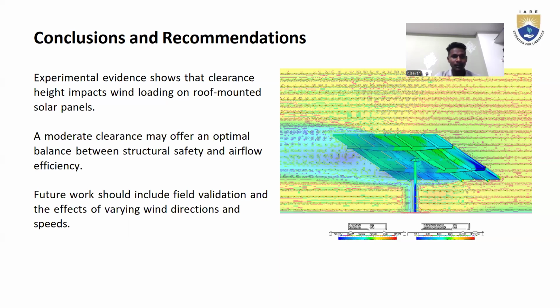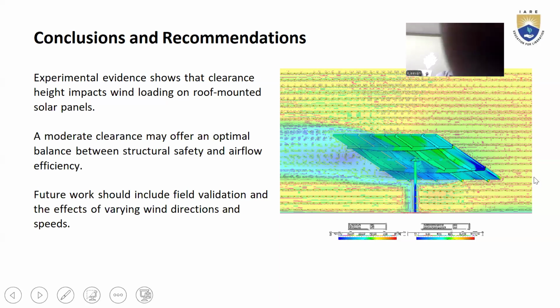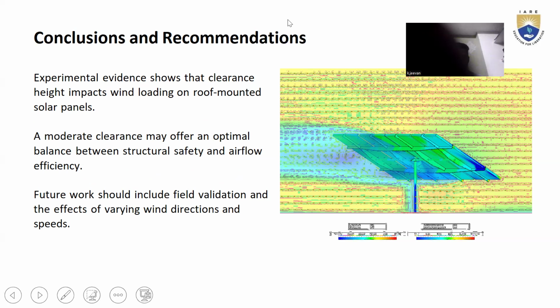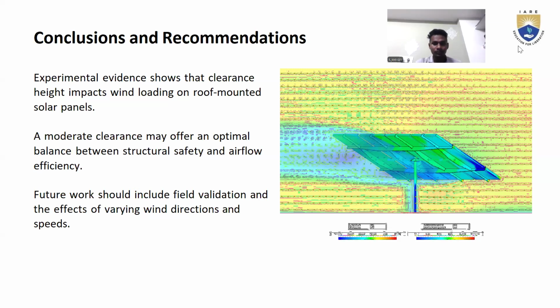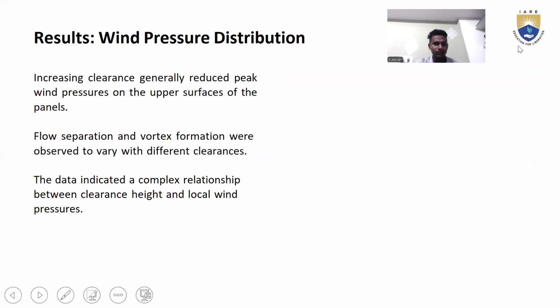In the conclusion, the experimental clearance height impacts wind loading on the roof-mounted solar panels. Moderate clearance may offer an optimal balance. Recall, future work should